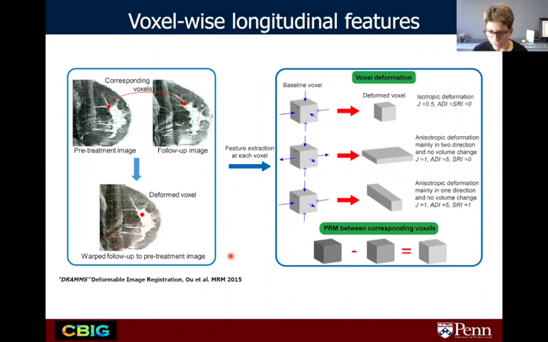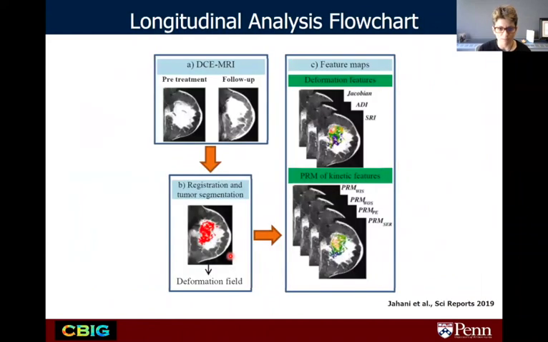So is the tumor shrinking, expanding, at which areas, and so forth, and on top of that, evaluate feature measurement differences, what is commonly referred to as a parametric response map. That's something that the registration can allow us to evaluate and develop as well. So in this concept, we will take the pre-treatment scan and the follow-up, apply the registration and tumor segmentation, and extract the deformation features that I was talking about, but also parametric response maps, for example, of kinetic features at each voxel over time, and try to model their differences.